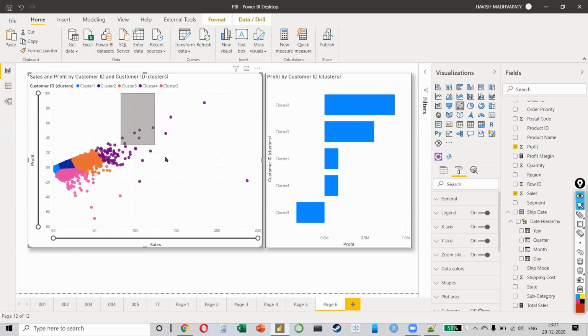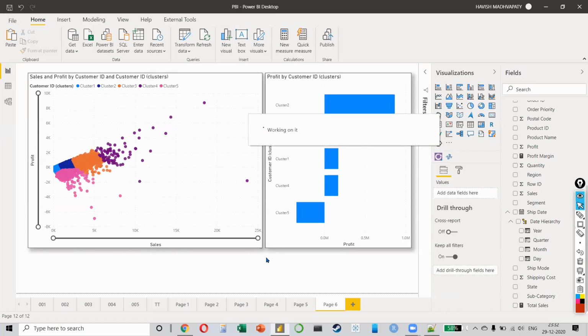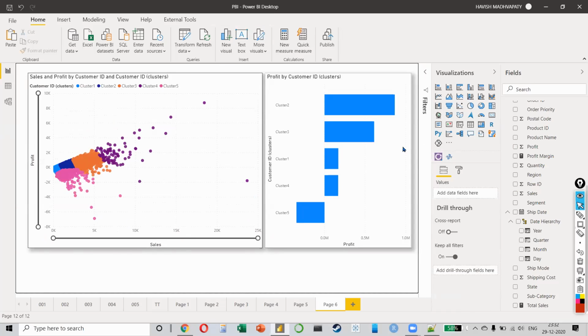Good. Any questions on this, anyone? See, we have both R and Python integration with Power BI. So if you want to run your own R and Python scripts, you can do that also, right? But yes, I mean, the point is that some of these visuals give you the capabilities with no coding required. But if you know R and Python, if you want to use that, you can use it directly within Power BI.